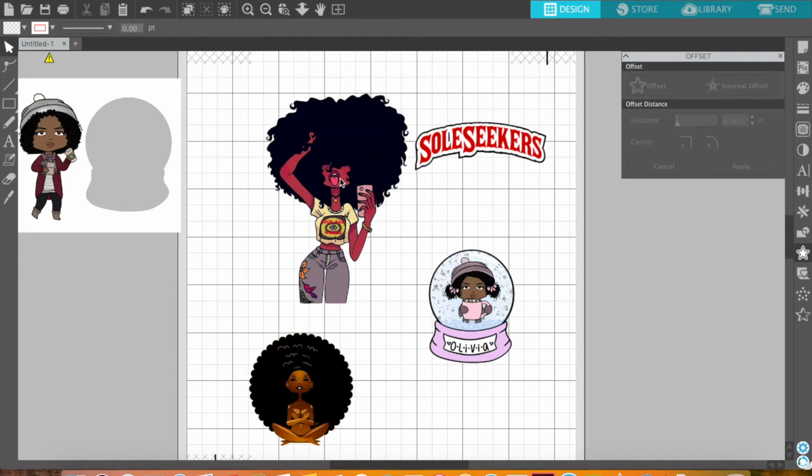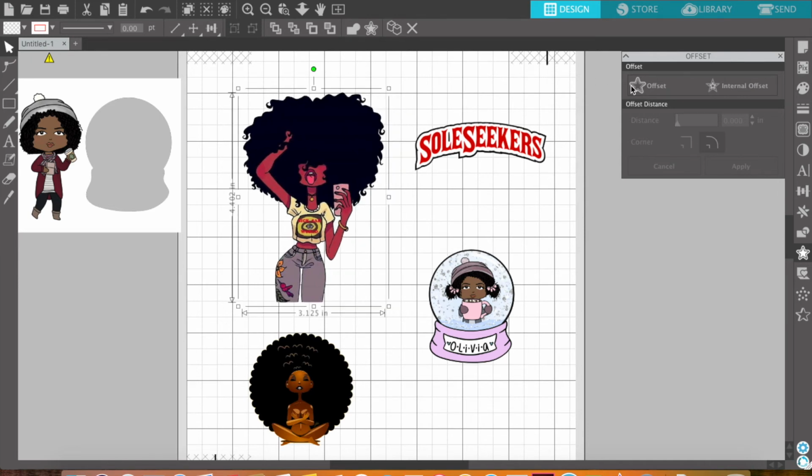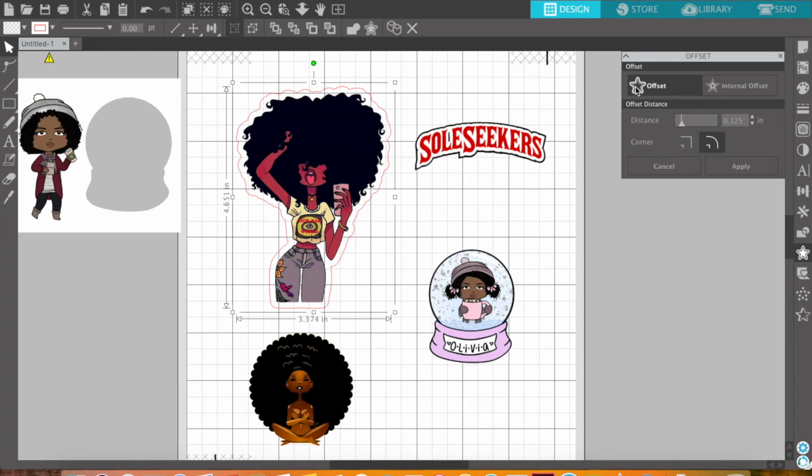Okay, so we're going to add the offset to her. Let me just move her over here a little bit. I'm going to select offset, and as you can see, as soon as I hit offset, this red line came around it. This is just a nice little border, and I feel like it's really important, especially for me, to give the silhouette the error room